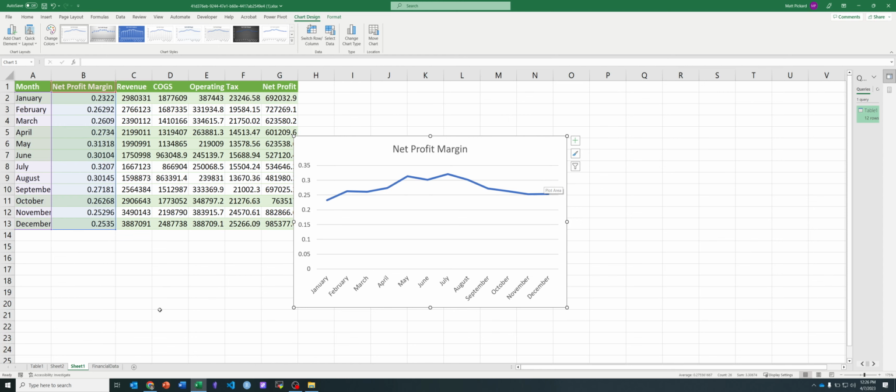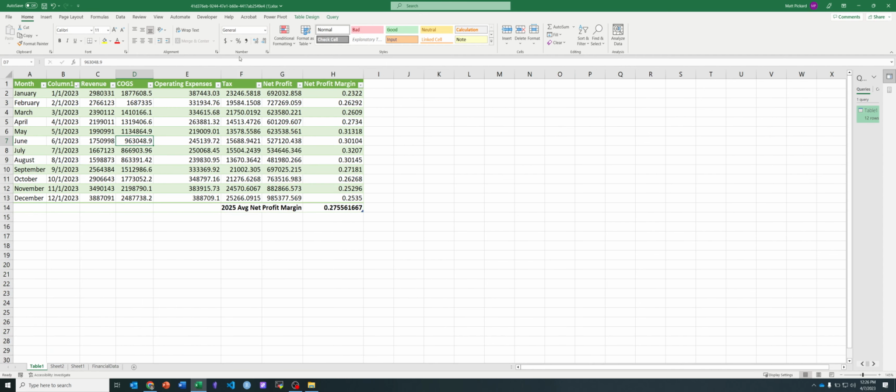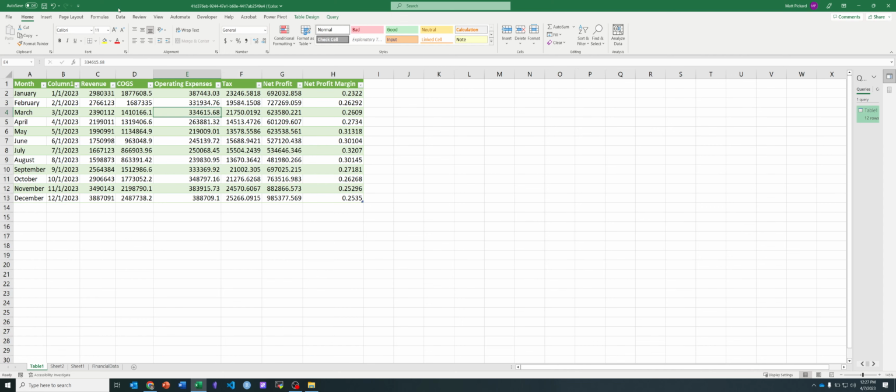So to recap, we started with this data. It was in the tall format. We wanted to get it to the wide format so that we could then take these columns and generate new columns using calculated fields. We generated net profit, and then we generated net profit margin. And then if we wanted to, we could bring this back in and unpivot it if we needed it in that format. So let's just load this back into data